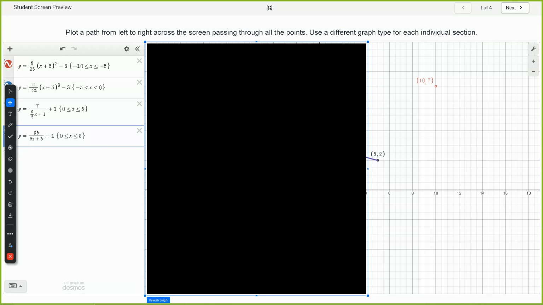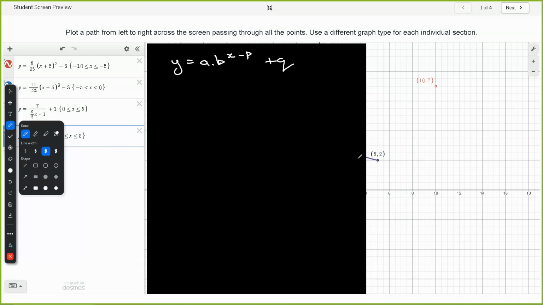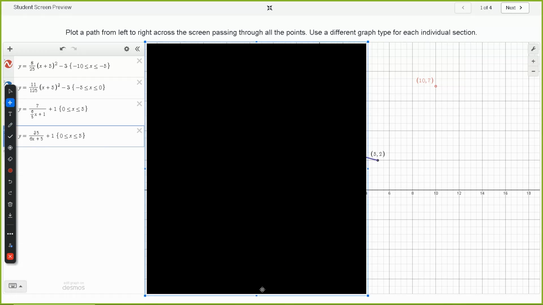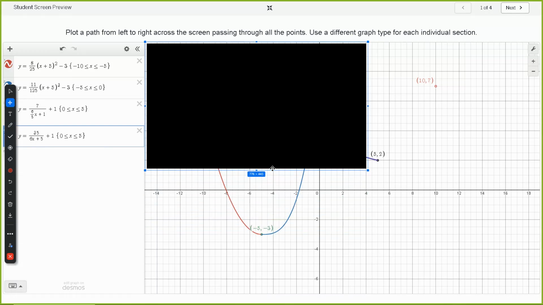Okay, let's just move it slightly this way. So we got 5 and 2, and we got to go to 10 and 7, so the option to create simultaneous equations is there. I also know that if I have 2 points, I can start with plus q, which would be my asymptote. Now if I look at these 2 points, if I just lift this a little bit,